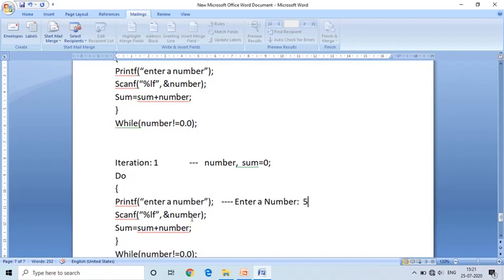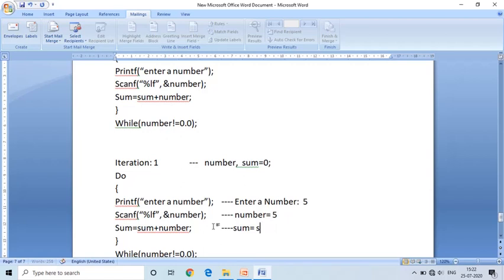After that, in the scanf, it reads the 5 and stores that 5 in the number variable. Now the number variable value is 5. After executing this instruction, it executes the third instruction, which is sum is equal to sum plus number.